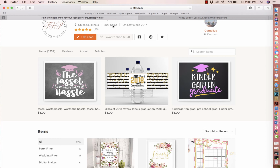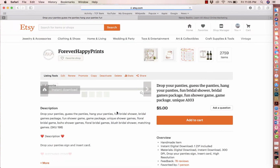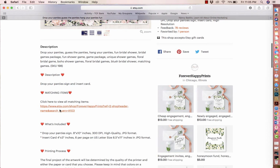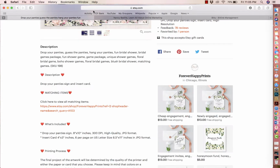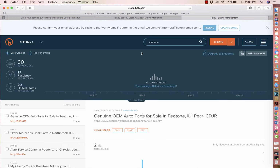So tip number three is don't use a bit.ly when you're recommending matching items or you want them to click on something else. So this is a regular link. You'll see it starts with https www.etsy.com and so on. So a bit.ly, if you don't know what it is, basically you go here, bit.ly.com, and you could take a long URL and you could shorten that